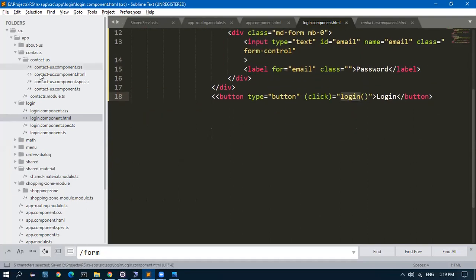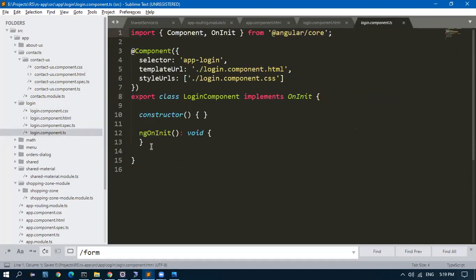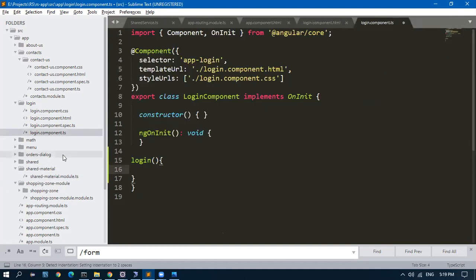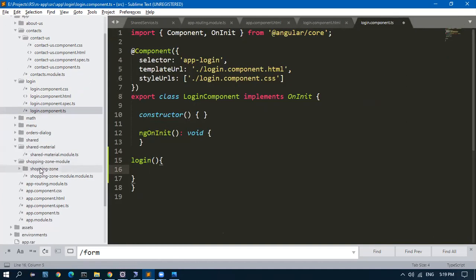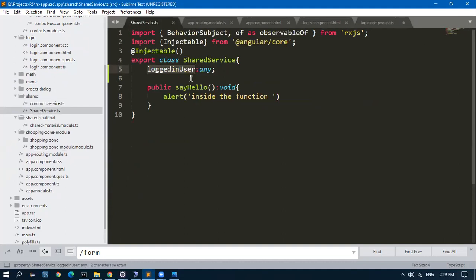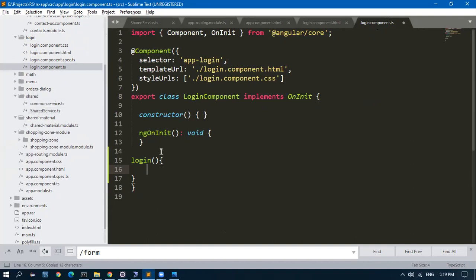I'll go to the TS file. I'll write this function login. And what I will do, I created a common shared service. You see here, shared service, here it is. Okay, here it is, shared service. So inside the shared service, I have this logged in user object. Here, when I click the login, what I will do, let me create the object of that